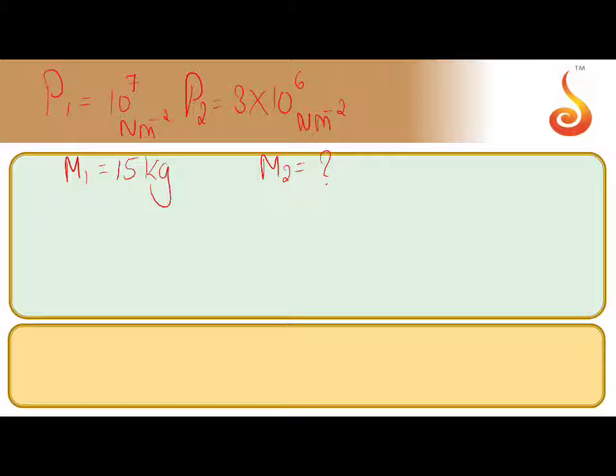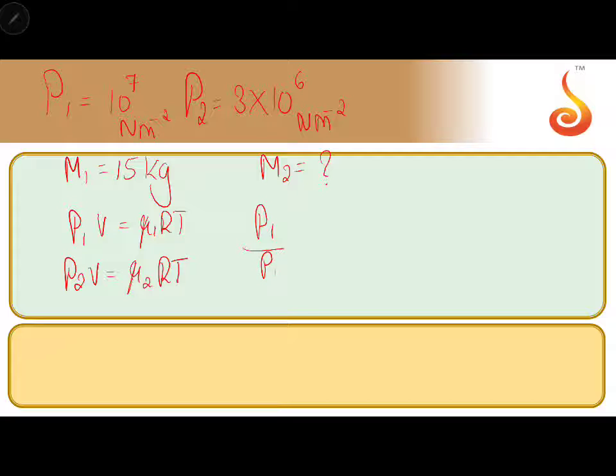I'm going to take the ideal gas equation over here. What you need to remember here is there might be a leakage, but the volume of the cylinder is not changing. The volume is constant. And I've also told that in the equation, take temperature to be constant. In that case, I can write two formulas. P1V is equals to mu1 RT divided by P2V is equals to mu2 RT. If you divide P1 and P2, this is equals to mu1 by mu2.